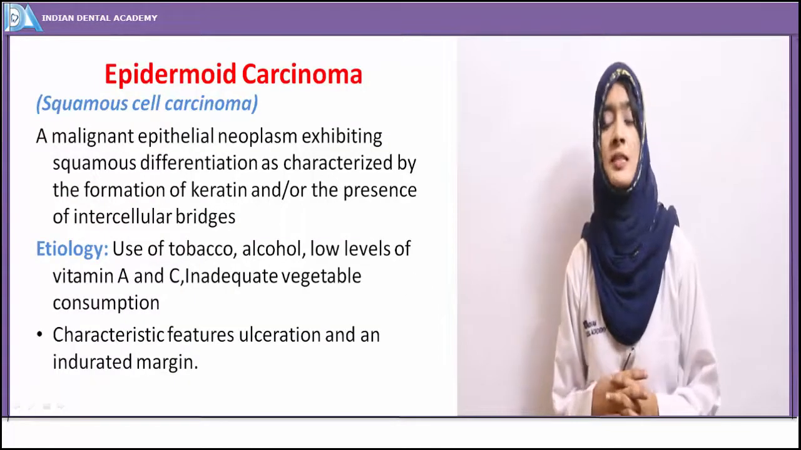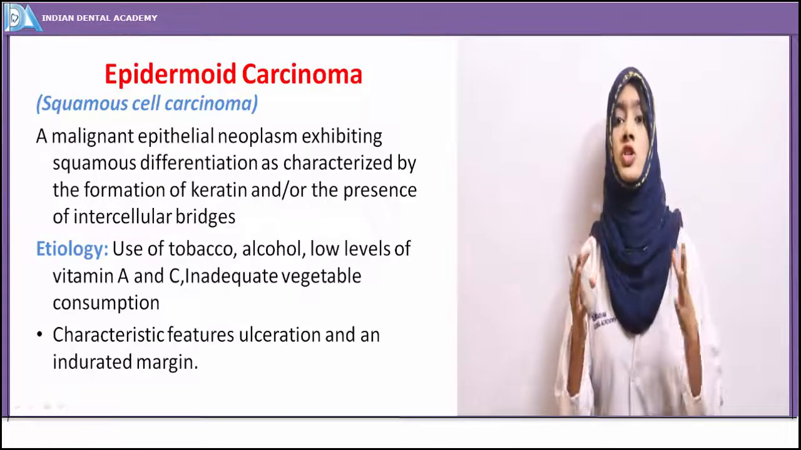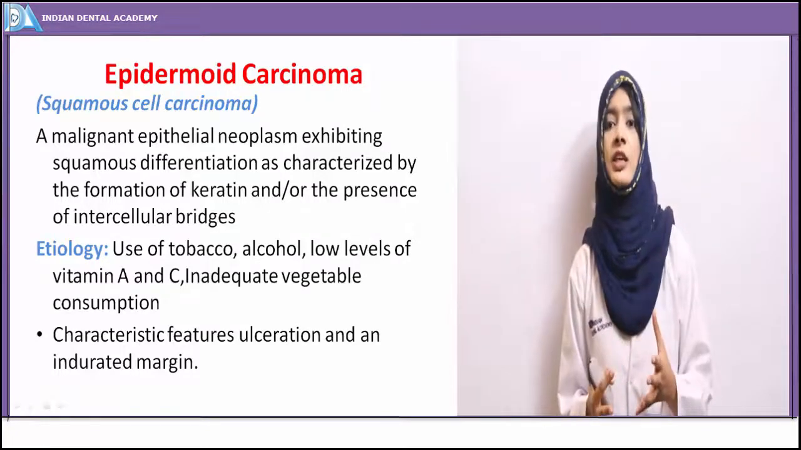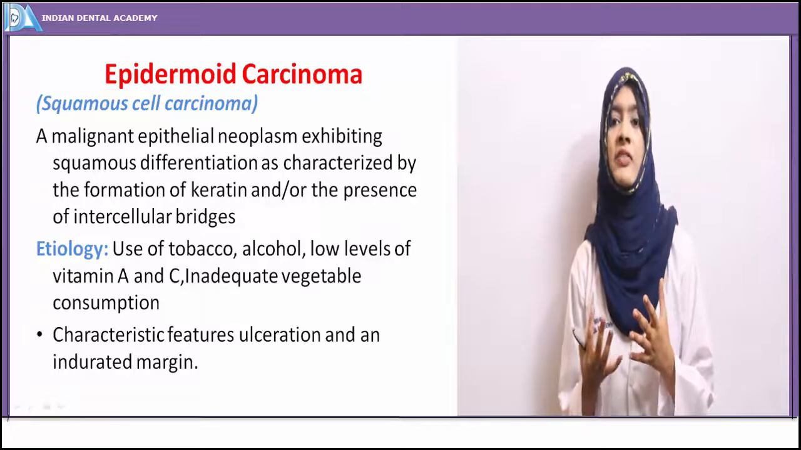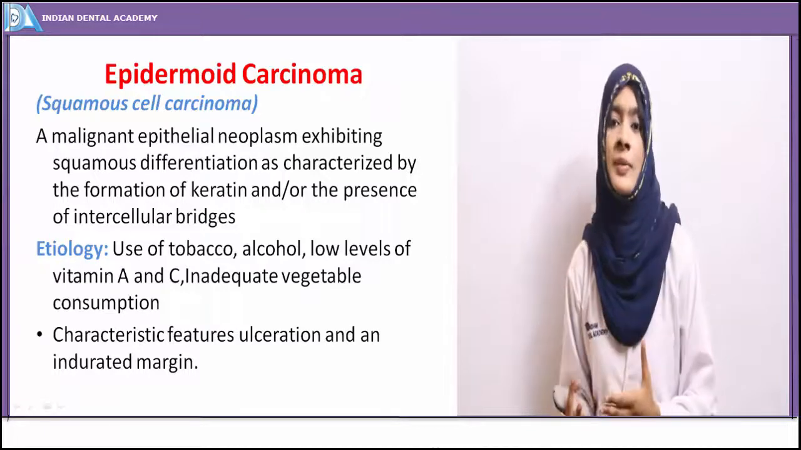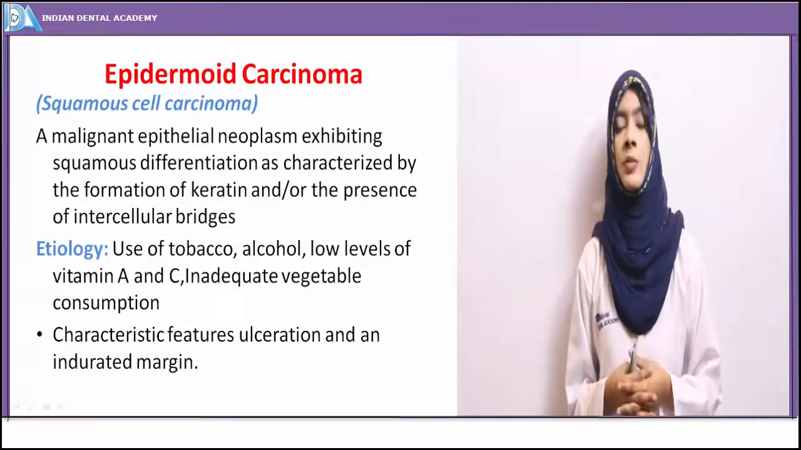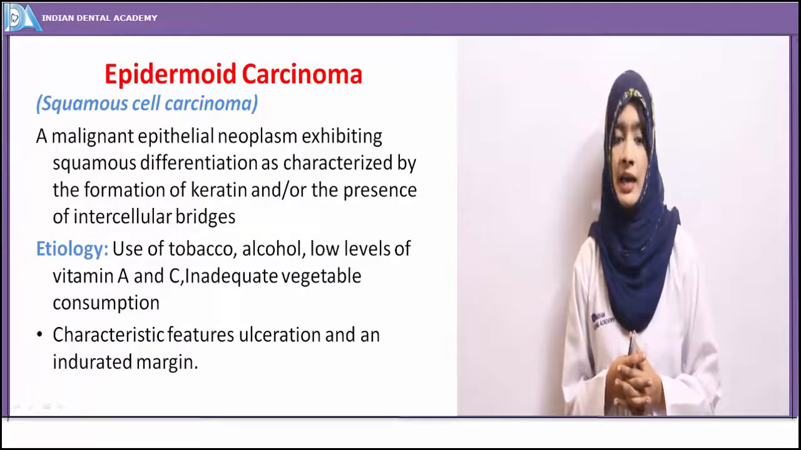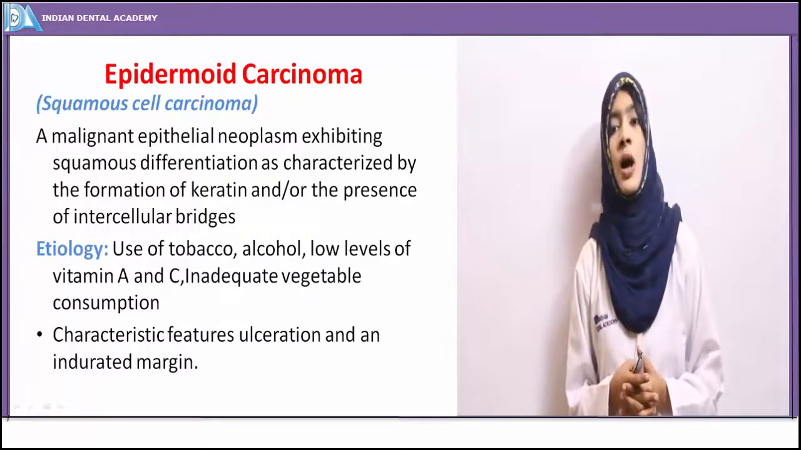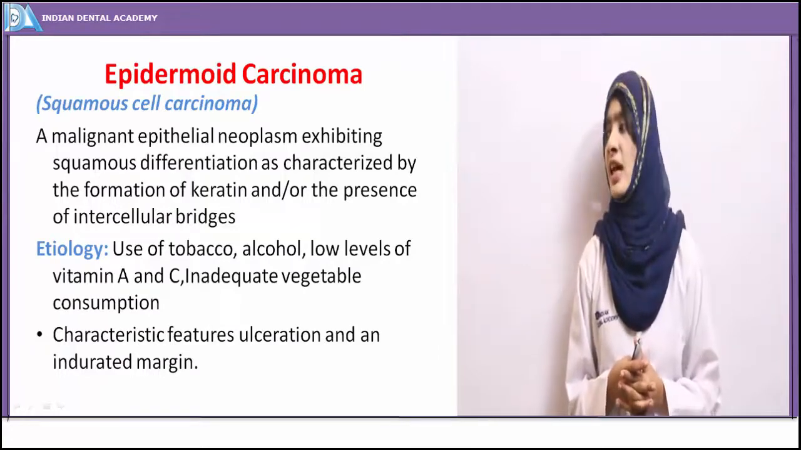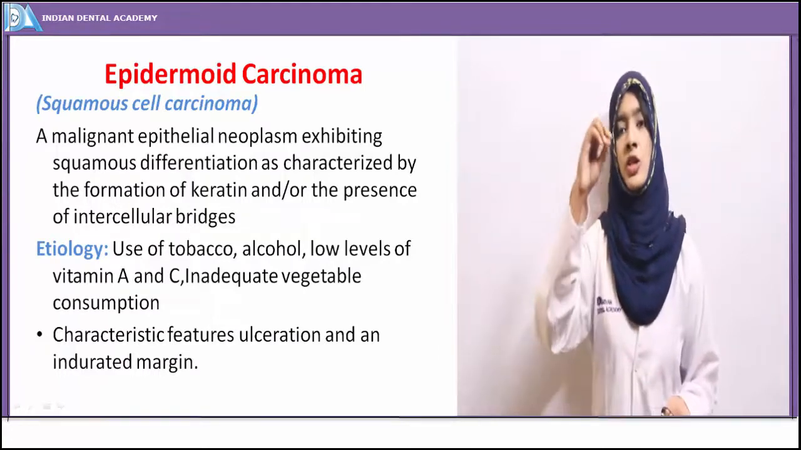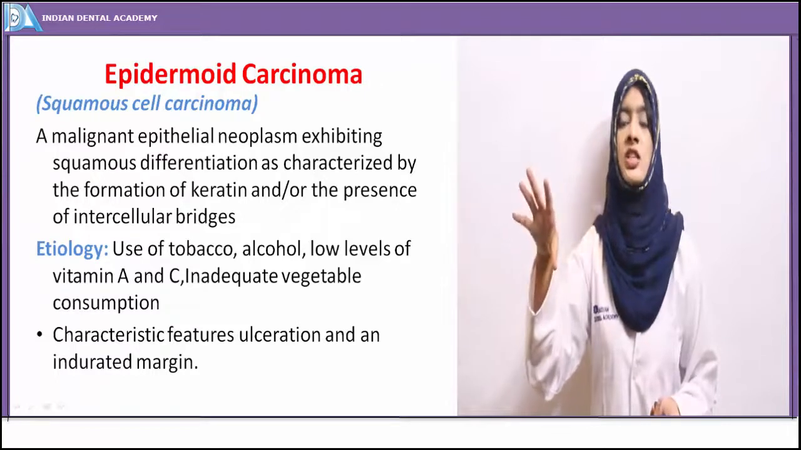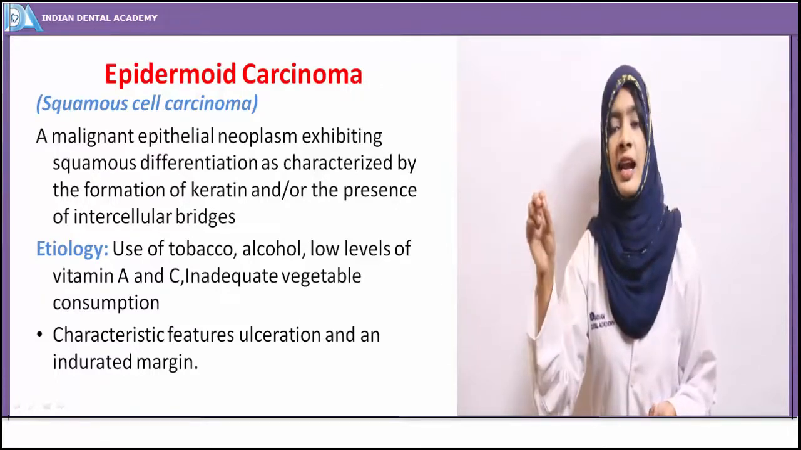So the other commonest malignant epithelial neoplasm, the most commonly seen malignant neoplasm in the oral cavity, is the squamous cell carcinoma, also known as epidermoid carcinoma. The term squamous cell carcinoma basically denotes a malignant epithelium which exhibits squamous differentiation of epithelial cells, and that is characterized by the formation of keratin on the surface and